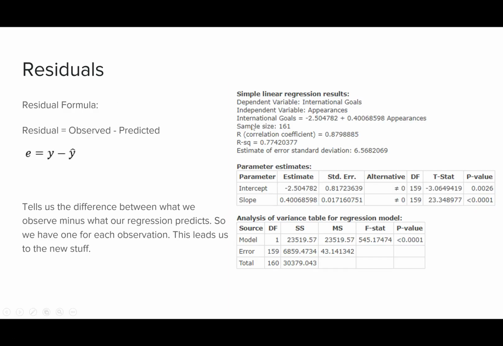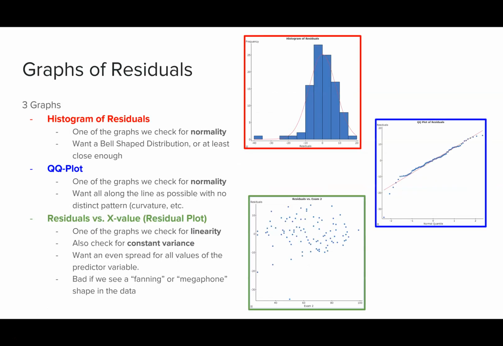Okay. Again, a reminder of what the residual is. It's just our observed minus predicted. And we're going to be using these residuals when we're talking about the model we fit. So we're going to be looking at these different graphs, the ones we just made, in addition to the scatter plot we traditionally looked at last week. So there's a histogram of the residuals